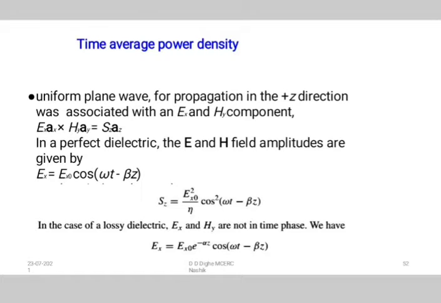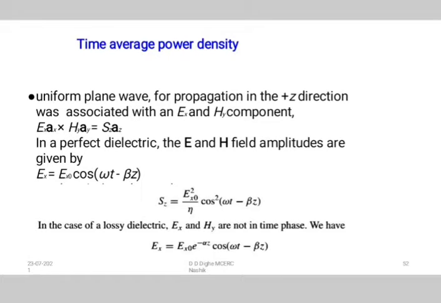So for a real power flow, the two conditions should be satisfied, that is E and H fields should cross each other and E and H should not be in time quadrature, that is 90 degrees out of phase with each other, and E and H fields which are parallel and are in quadrature do not constitute any power flow.